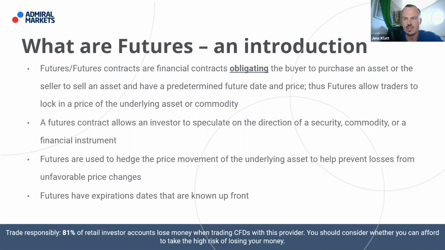So based on this expiration, you can say, this is the date once I have to deliver, in this case, the good XYZ. And the same is true for the DAX, for example. And these future contracts, they expire 4 times a year. It's in March, it's in June, it's in September, and it's in December. And it's usually the third Friday of each of these months. So the third Friday in March, the third Friday in June, the third Friday in September.